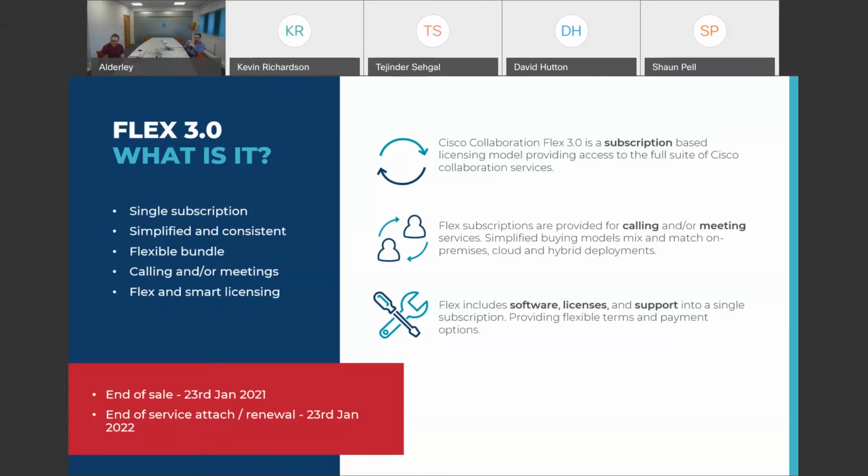So the next big date that we need to keep in mind is new renewal of Swiss and attached services will be end of service on the 23rd of January 2022. So Flex is here. The migration needs to happen, and we are here to help you navigate that migration.